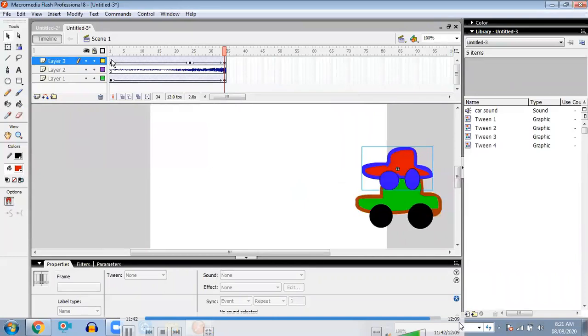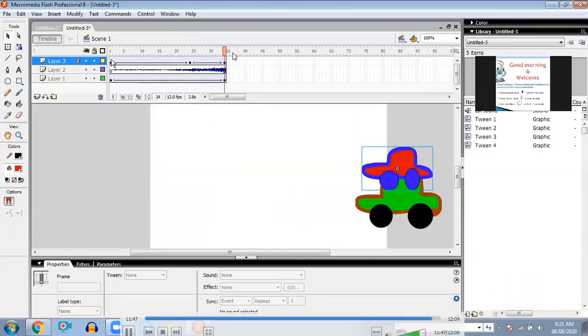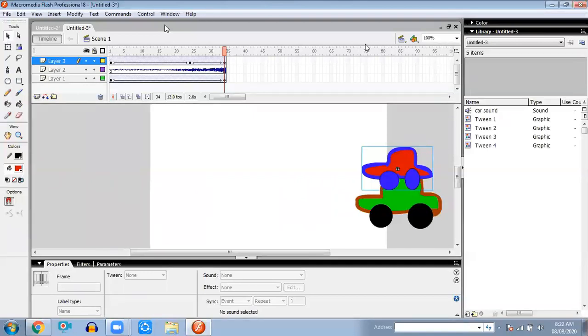So I have prepared for sunrise. Previously, I had shown the demonstration of sunrise, and this is a car accident. So this way you can apply the sound effect. I hope you understood how to do the sound effect and how to apply it. Right from the beginning, how to download, how to edit, how to convert, how to export, and how to get from the proper location, that I have shown in this section.